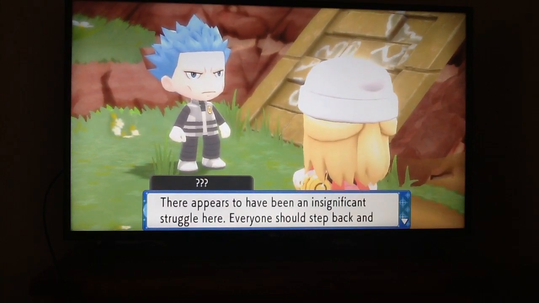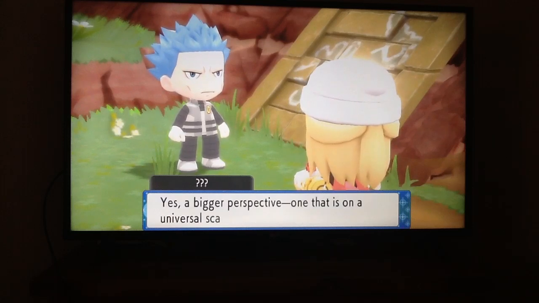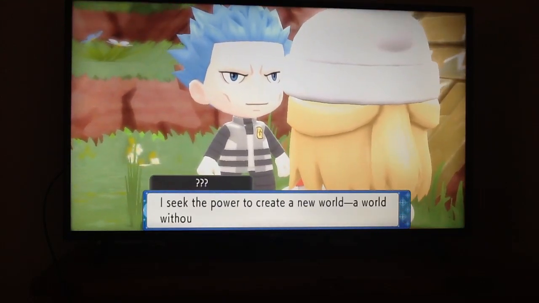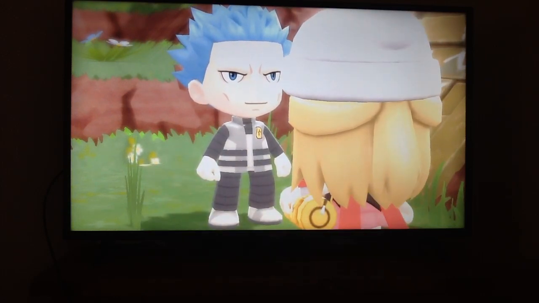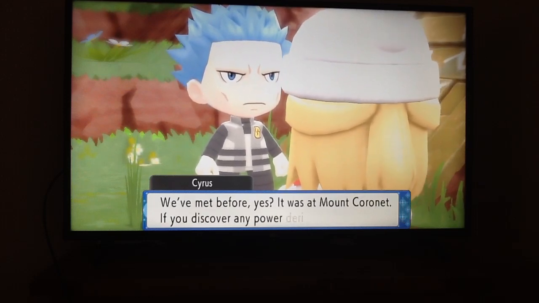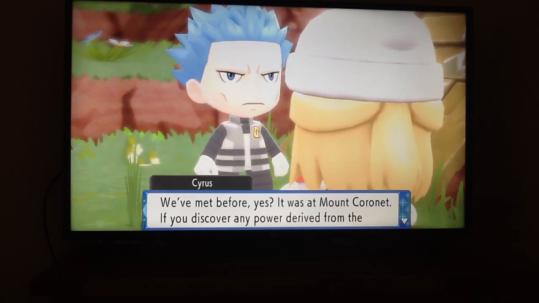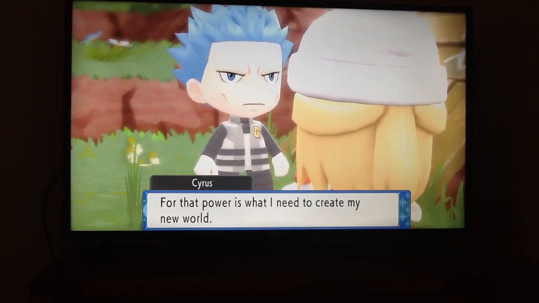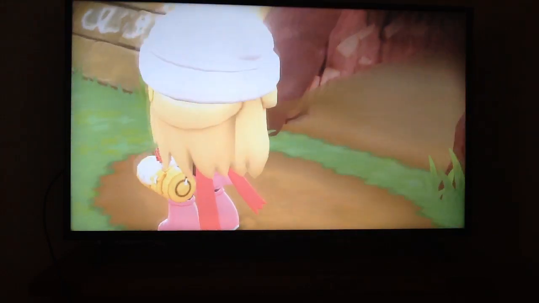Oh. There appears to be an insignificant struggle here. Everyone should step back and view things from a bigger perspective. One that is on a universal scale. Your name is Cyrus. You seek the power to create a new world, a world without strife. However, that power seems to be unavailable here. Yeah, we met before. If you discover any power derived from the Legends of Sinnoh, inform you. For that power, I want what is needed for creating...